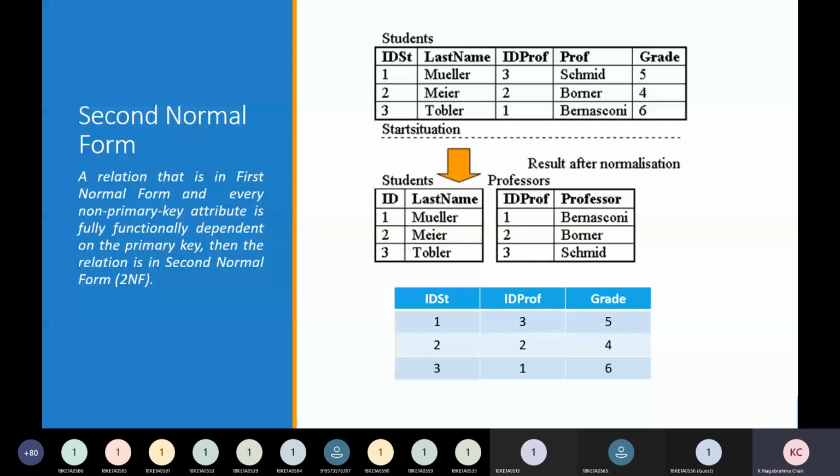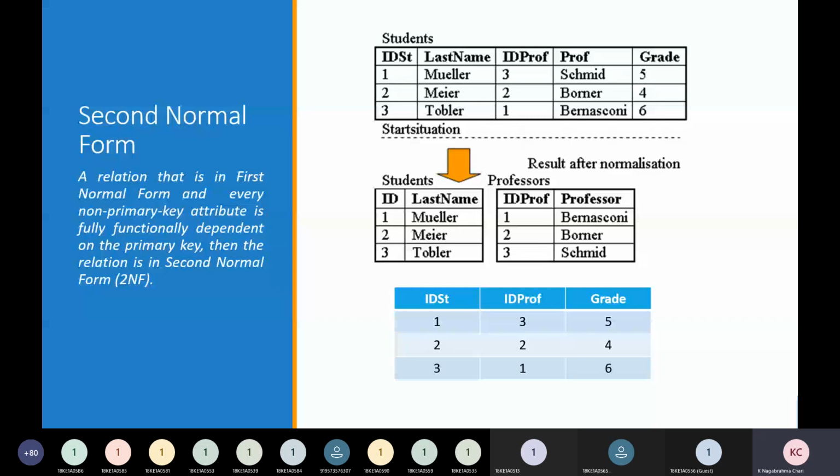So try first, what are the rules you have to remember if you want to convert a table into second normal form. First rule, the table must be in first normal form. And next, if there are more functional dependencies, then we want to eliminate one functional dependency from the table. So this process we can call second normal form.